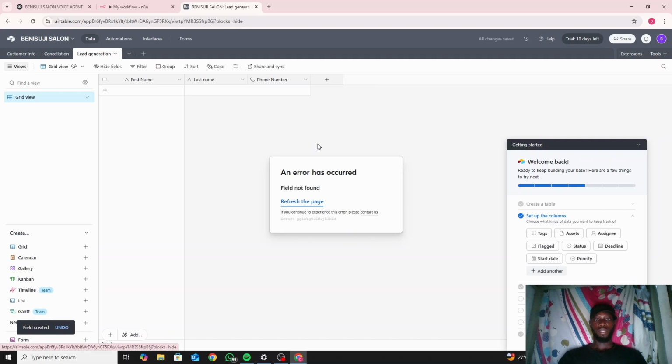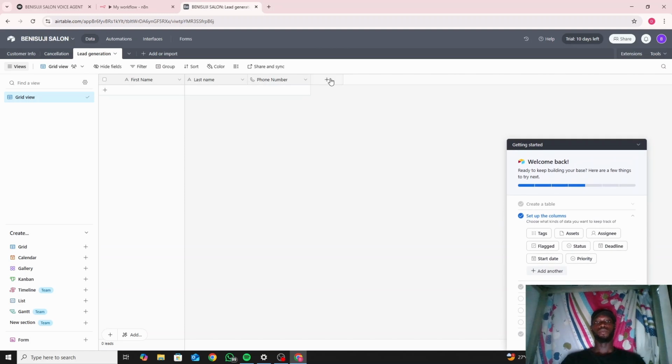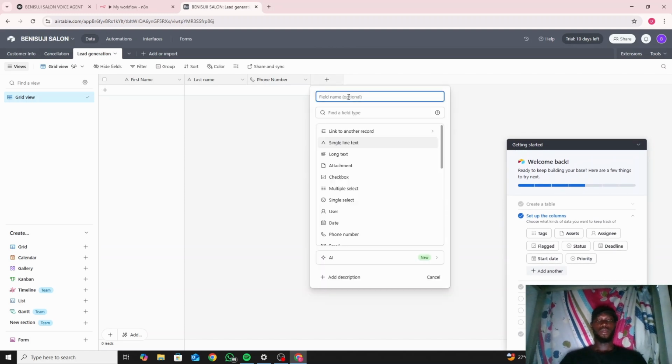So it seems there's an error. Let me just use the opportunity to check out: first name, last name, phone number, email, and then the marital status. Due to the fact that we deleted the status here and then we're adding new fields, you can see that it shows an error on our workflow here. That means the columns are outdated, so I'll need to refresh to get the new ones, but I want to finish up with these first. So we have the phone number, we have